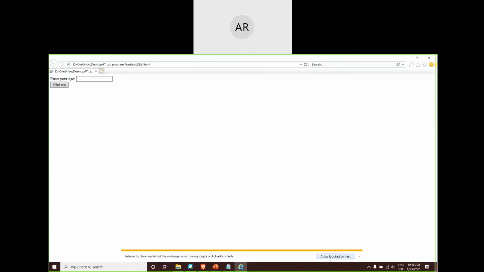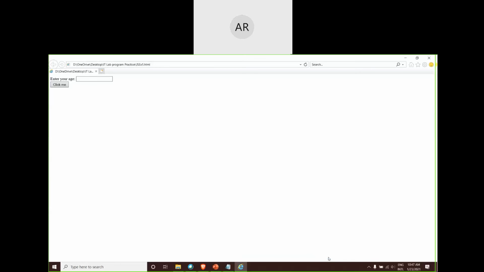Allow blocked content. Why is it telling this? Because it's a programming code, not a plain HTML code. Whenever programming or logical computations are being added, there may be a chance that some people may write an illicit program, and that illicit program may corrupt our system. So it is asking me whether I want to allow it or not.